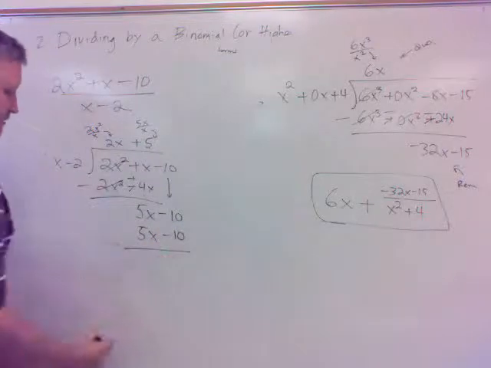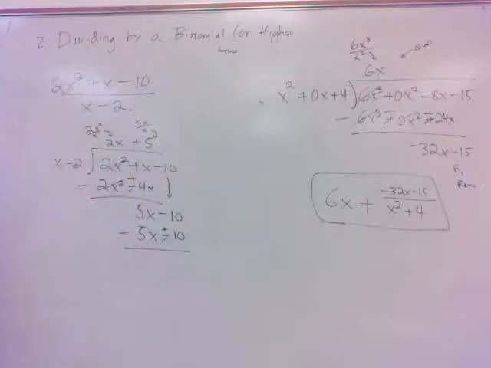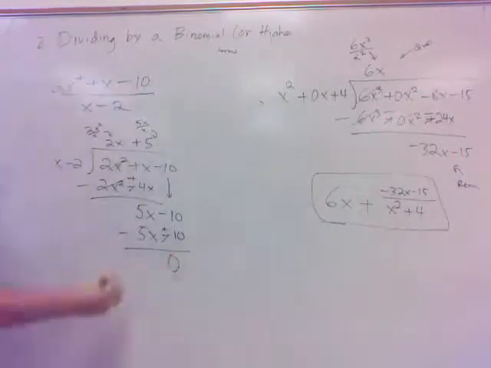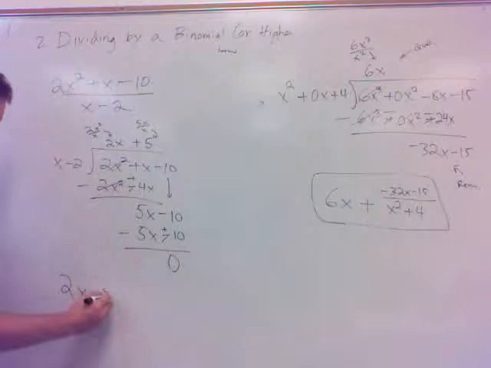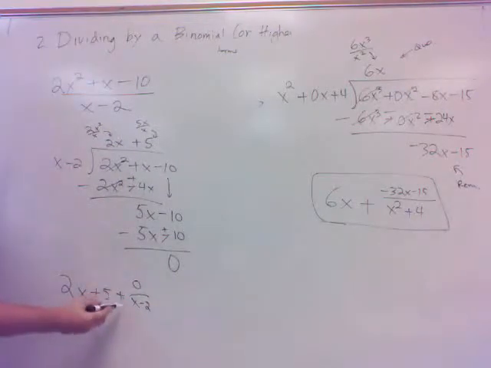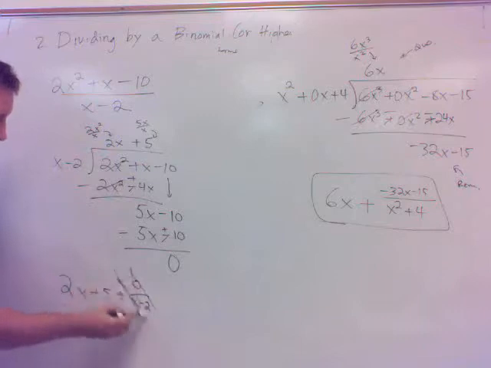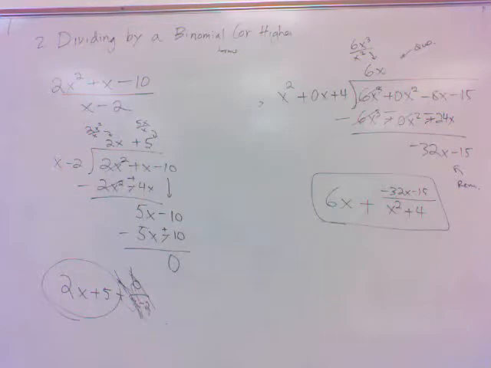And that's why I bring this one up, or one of the reasons I bring this one up. It's because when I change those signs, what happens? 0, right? 0 left. That's 0, that's 0. Yeah, I wind up with a 0 remainder here. And so when I write my answer, 2x plus 5 plus 0 divided by x minus 2, is this part really necessary? No. You can just leave that part off. In this case, the answer just comes out being 2x plus 5. So sometimes, yeah, you get that 0 remainder, and